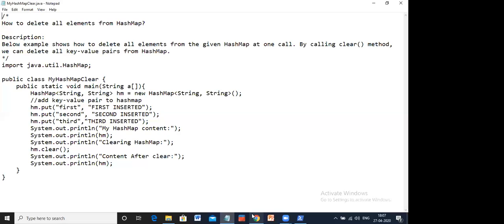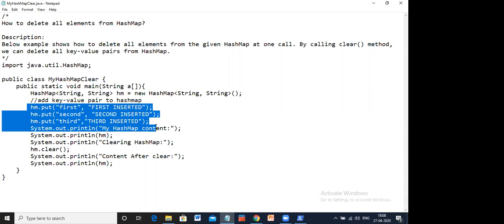And now the last example. I suppose it's very simple from the name itself. It clears all the values, the key and the value, from the hash map. If you want to delete everything from the hash map, you can use this clear function. It will remove the key and the value altogether. It does not just remove the key, because there cannot be a key without a value, and there cannot be a value without a key. The key and the value have to be one single object. So when I say hm.clear, it removes the key and the value altogether. It will remove all the items from that hash map.